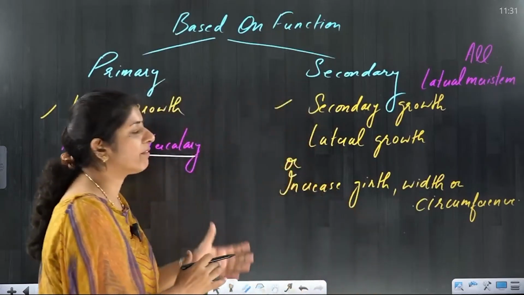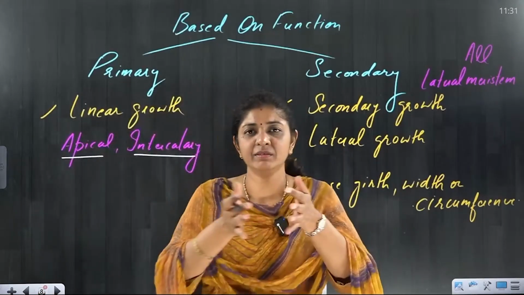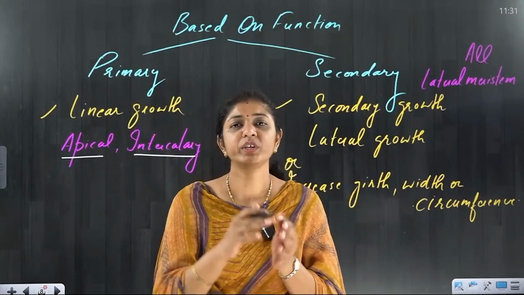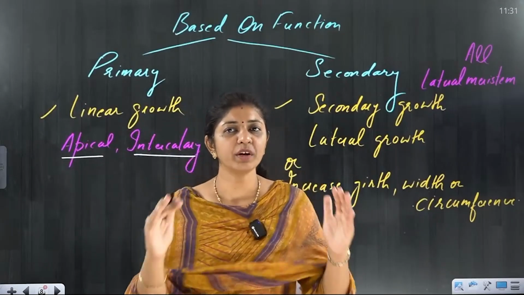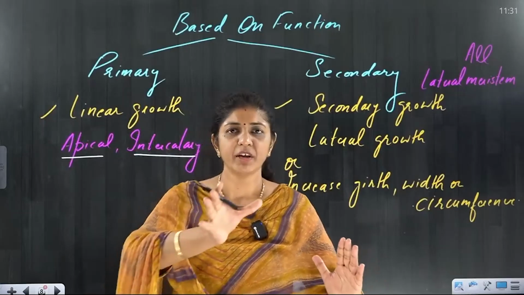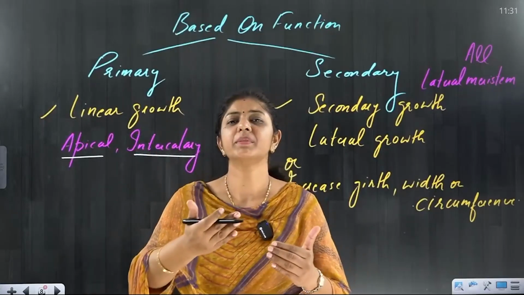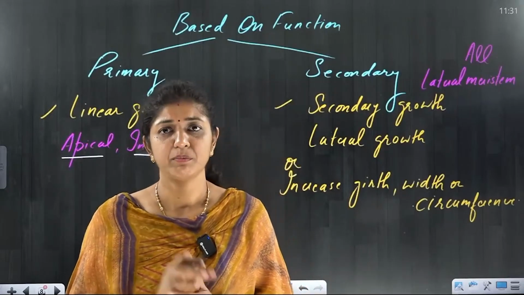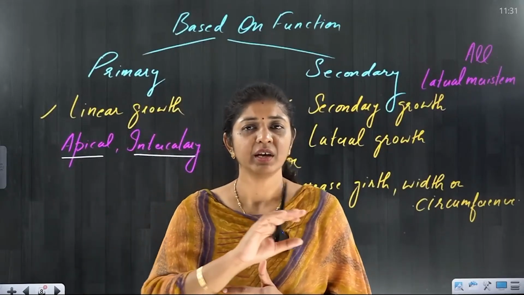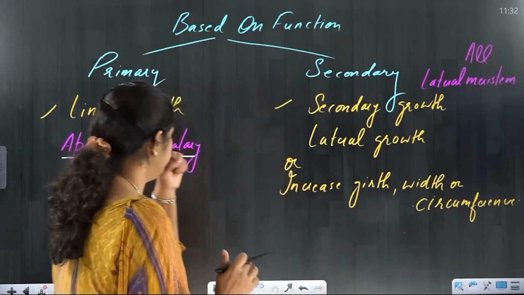Now, the lateral meristem will be secondary in function, which helps in the width growth of the plant, which happens late in the life of the plant, and it is in the older part. The base is an older part. When you go above in the plant, it becomes the younger part. The younger part will not have the lateral meristem. Monocots will not have the lateral meristem, right?